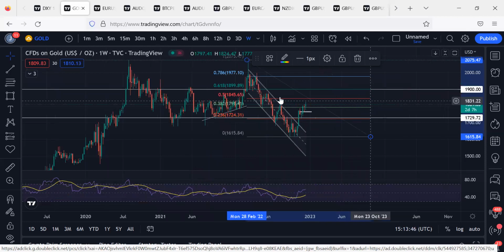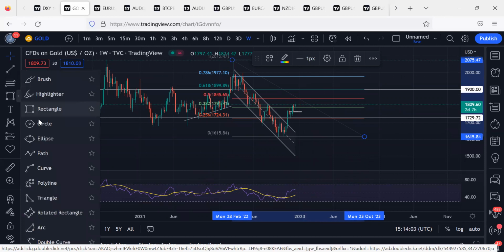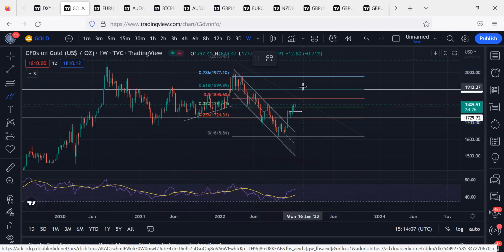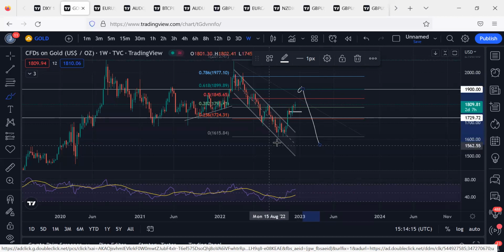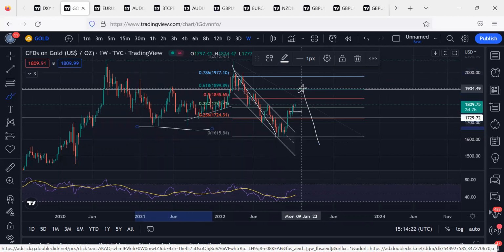This is the first time I'm checking it. These are 0.5. If we have a rejection from here, we're flushing to the downside, we can just come to 0.618 before flushing to the downside. If we can hold here again, like we did in the triple bottom, that is where we know that definitely if we come back to 1,900, if we can reverse from there, definitely we're coming back to the downside because this is just a retracement. I've given the analysis inside this trade now that once we break down, breaking all these, this is just a retracement to 1,900 for us to flush down to the downside.